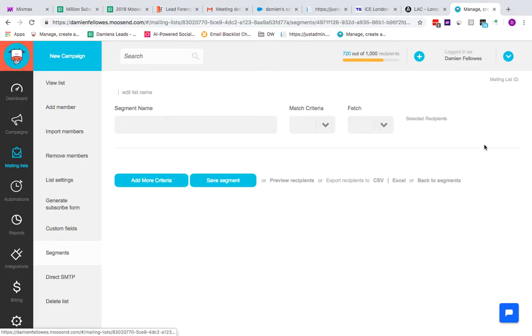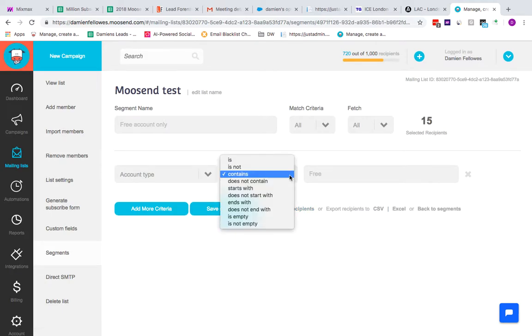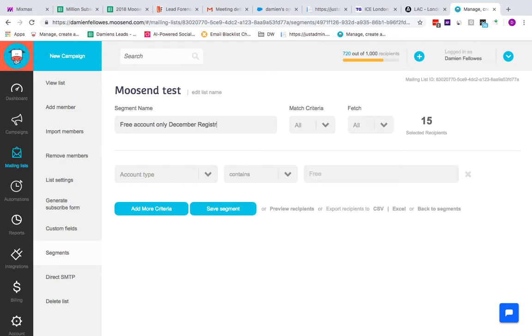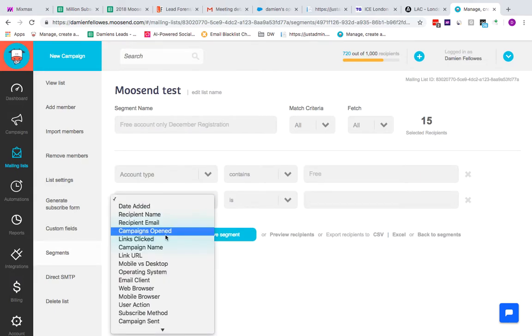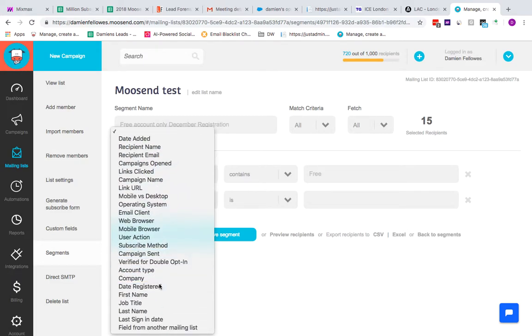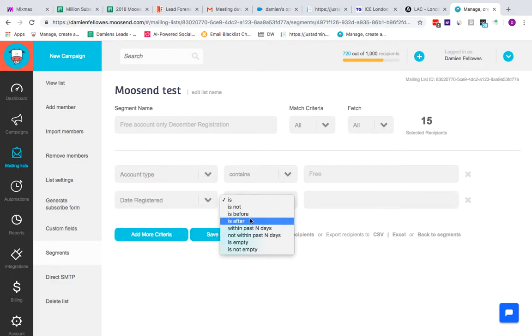Pop there and go back and edit it anytime. Also to bring out different rules, so is not, contains, does not, starts with, does not start with, ends with, does not end with, is empty, is not empty. Keep that the same. We can add more criteria, so free accounts only, December registration. Okay, so I can go add more criteria, and then I can pick registration date. Registration is